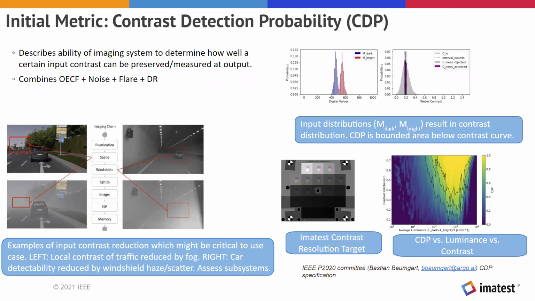We can use the imatest contrast resolution target as a way of producing those different contrasts within different tones. 所以在我们的分辨图卡 imatest 里面，这个功能就可以测试这个 CDP 对比分辨率。